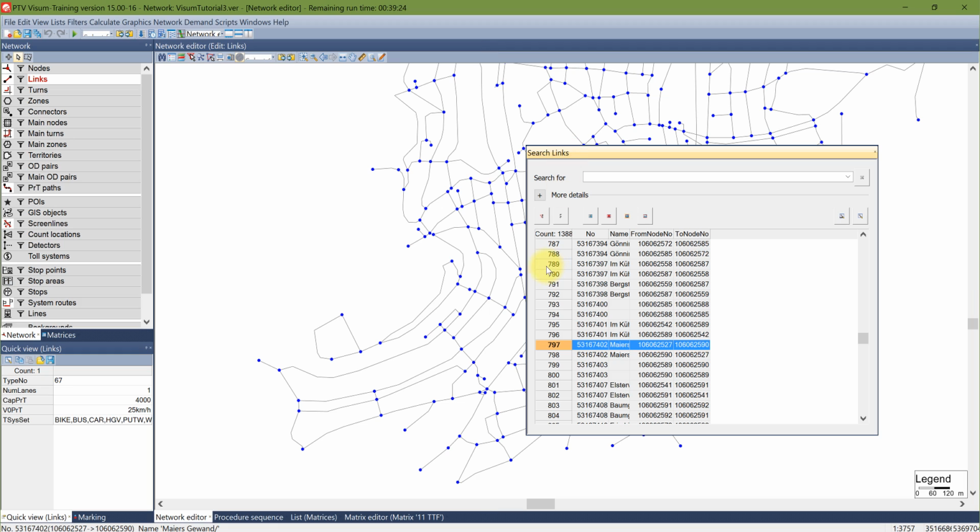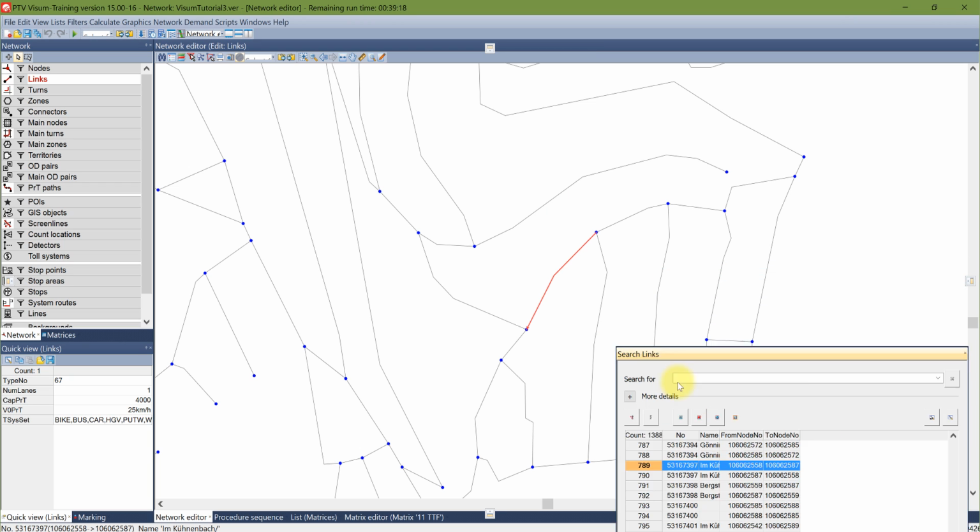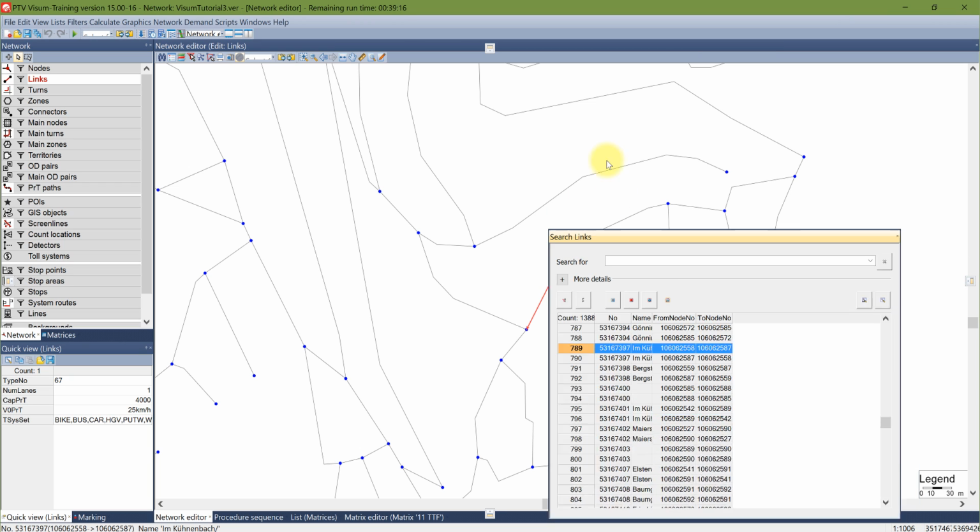Or sometimes I just want to click on this link and zoom in, so it will just zoom in for me for that specific link, and it will highlight it in another color. Okay,